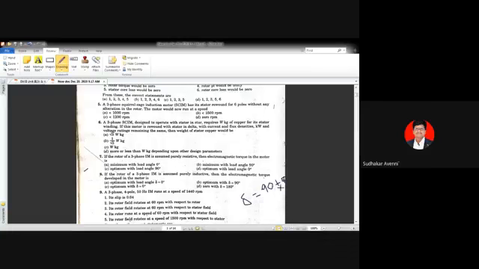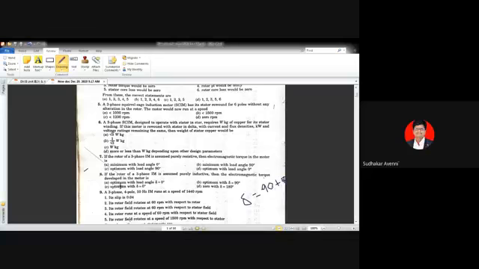So see the 8th bit. If the rotor of a three-phase induction motor is assumed purely inductive, then the electromagnetic torque developed in the motor is. So what is the answer here? The rotor is purely inductive. So delta is equal to 90 plus phi 2. Here instead of phi 2 we substitute 90. Then what delta value do we obtain? 180 degrees.